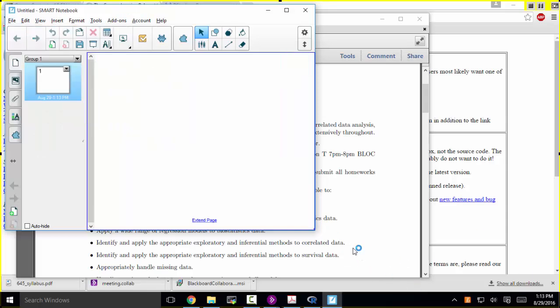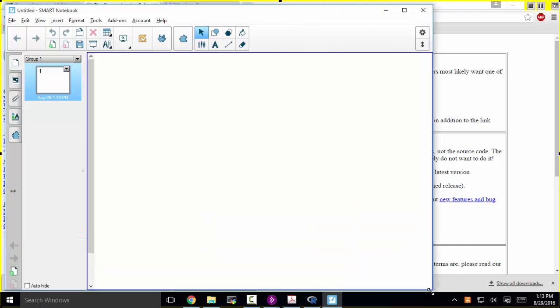Bayes' theorem is a probability result where